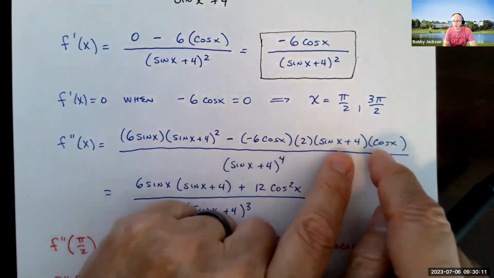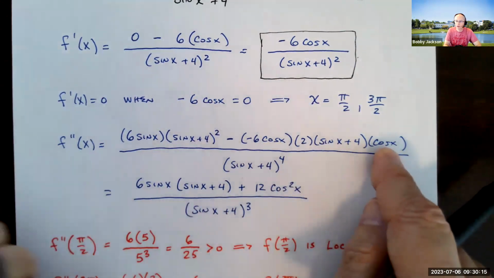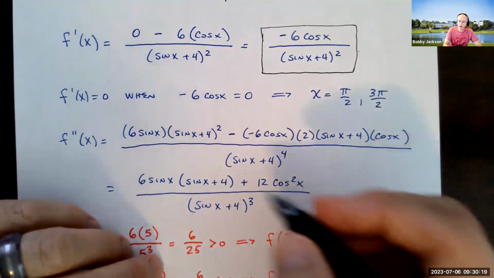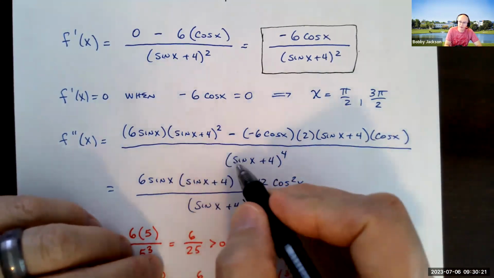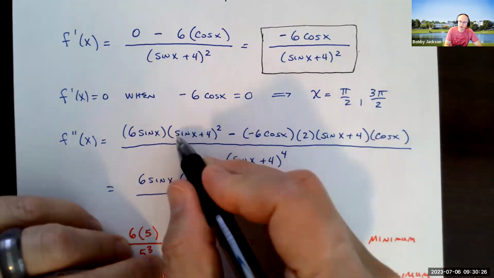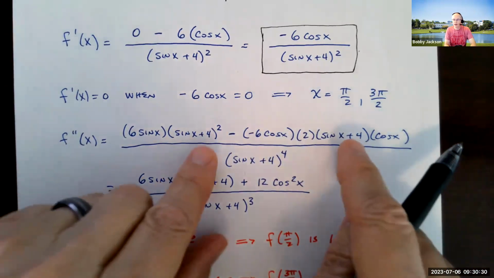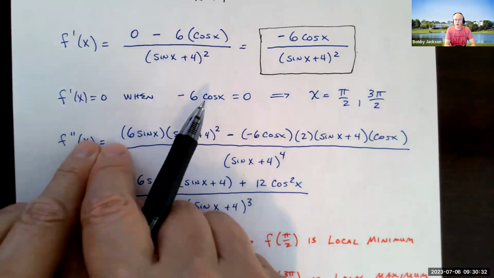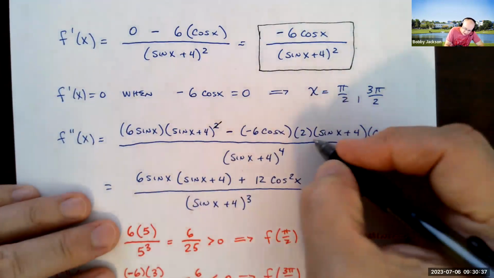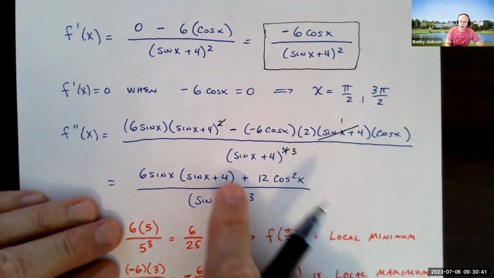The derivative of the inner function, the derivative of sine of x, is cosine of x. The derivative of 4 is 0. Cleaning this up a little bit, notice I have a factor of sine x plus 4 in both my terms. My first term has this factor, sine of x plus 4, and here I have it too. So I could factor a sine of x plus 4 out, and I can divide it with one of these. Basically, I can divide through and get rid of one of that extra sine x plus 4